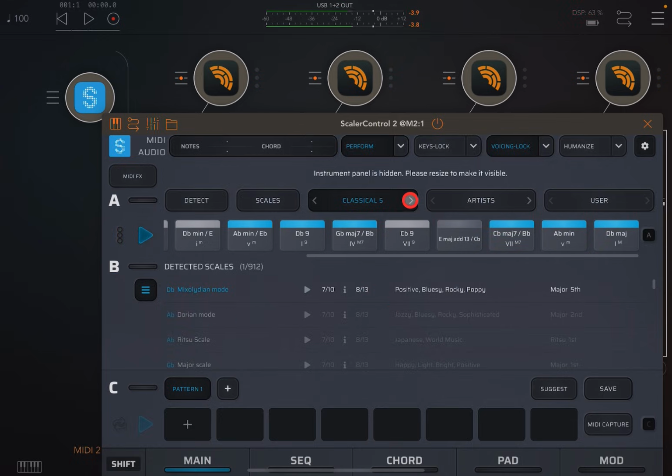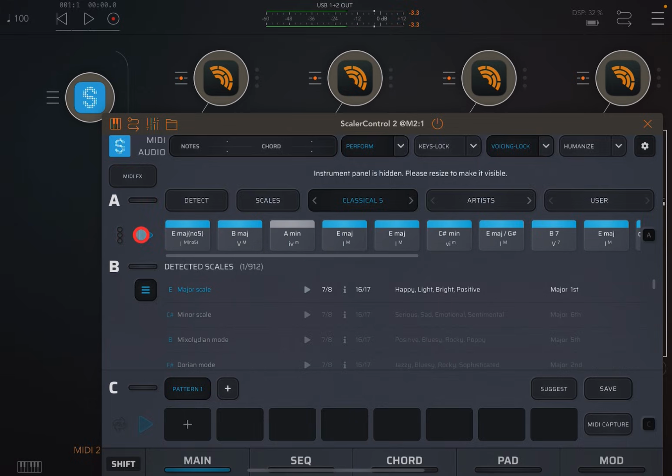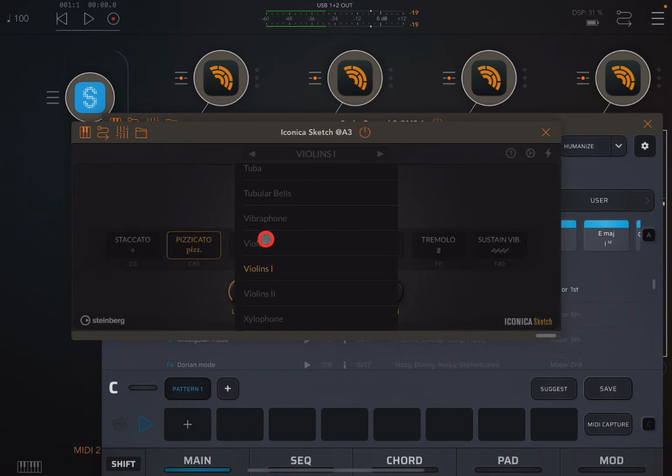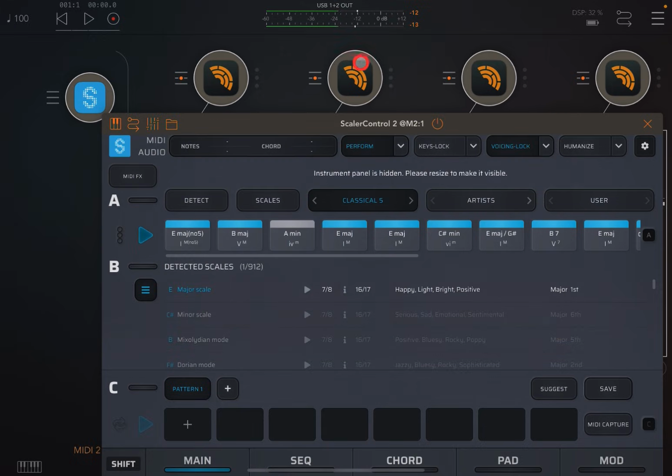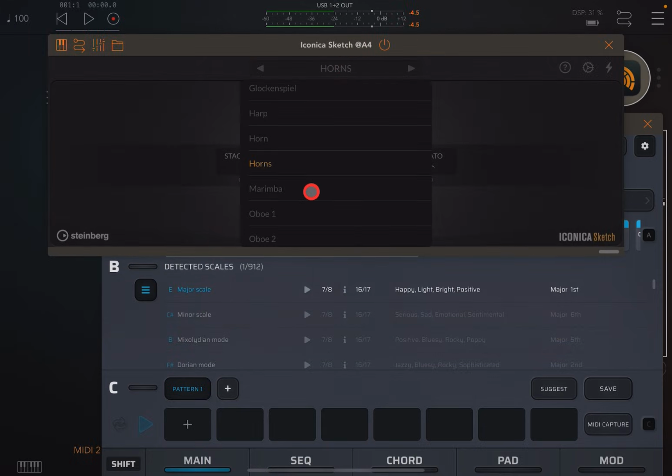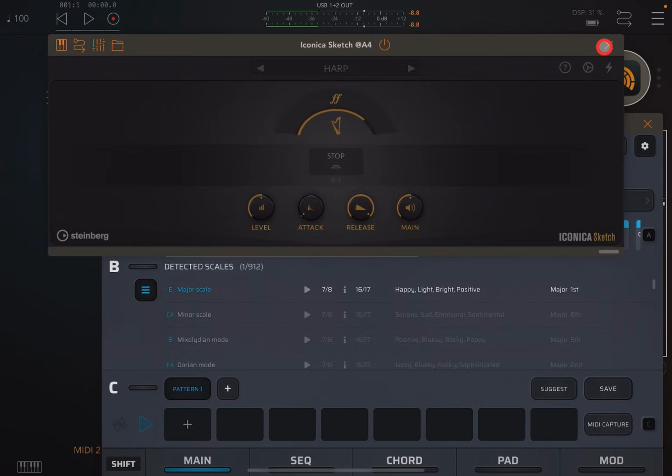Awesome stuff. Let's try classical progression number 5 on that particular progression and sound set. In fact, let's maybe change these up a little. Let's have these with maybe violas. What could we change this one to? Just maybe a harp, just for fun. And